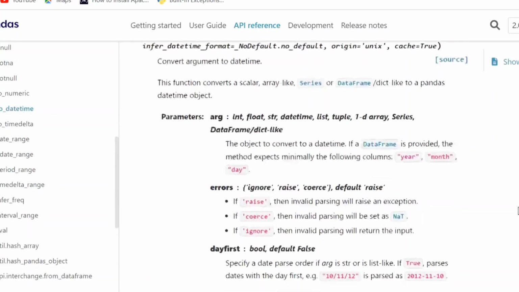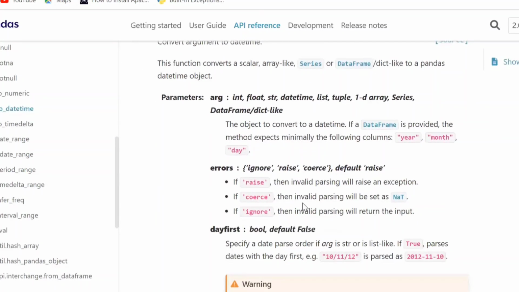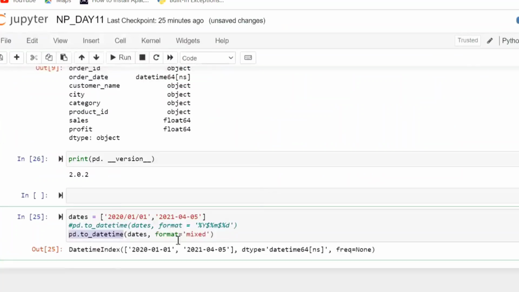That's okay. So there is this option of errors. Then invalid parsing will be set as none. Then invalid parsing will return the input. Ignore. Okay. So there is an option of errors equal to ignore. Okay, let's utilize this. So let's go back here and